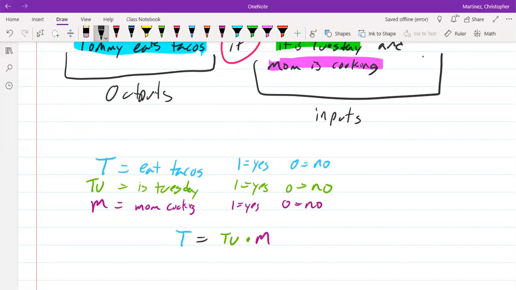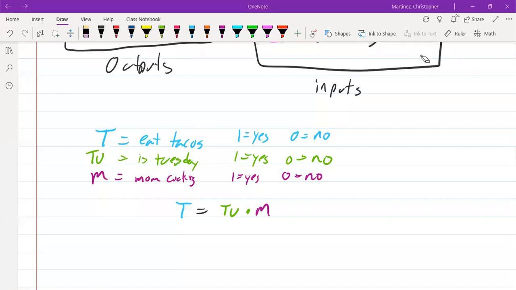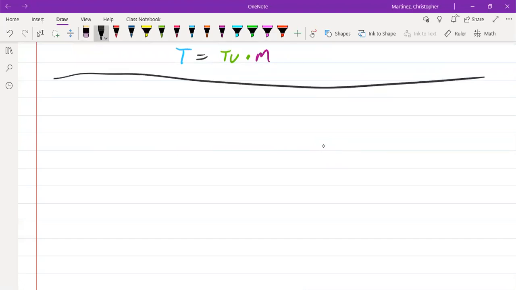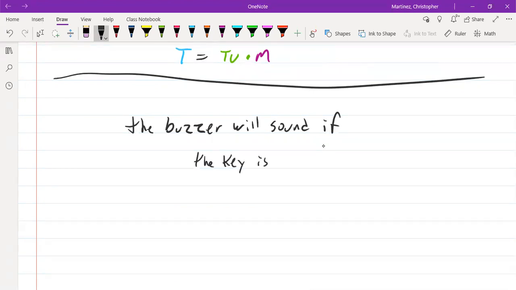Sometimes as we make up these logic statements, we're going to have to figure out when we want variables to have a bar over them. Okay, so let's put another statement. The statement's going to be: the buzzer will sound if the key is in the ignition